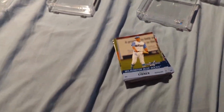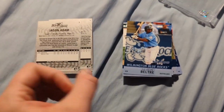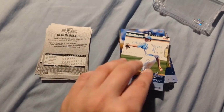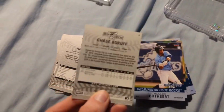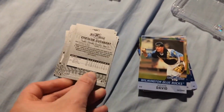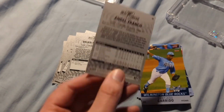So last one here. I'm just going to switch hands here. Brett Eibner, Jason Adam, Gulin Beltre, Greg Bilo, Jose Bonilla, Chase Boroff, Chesler Cuthbert, Kevin David, Brian Fletcher, Angel Franco,